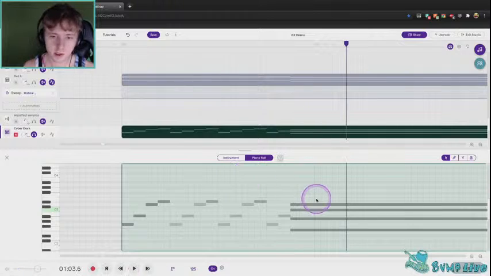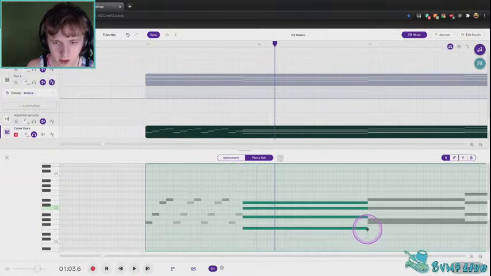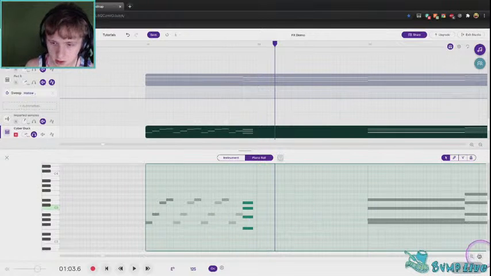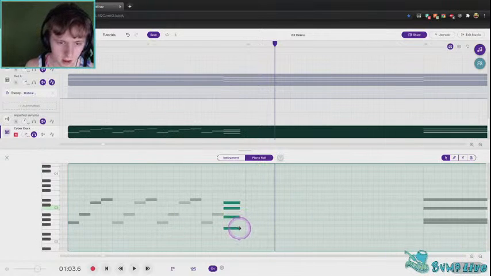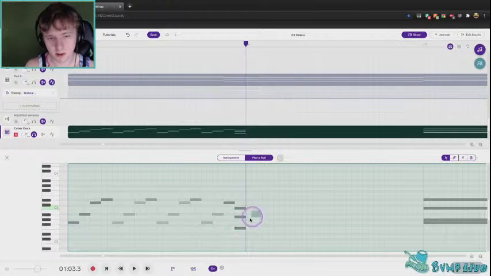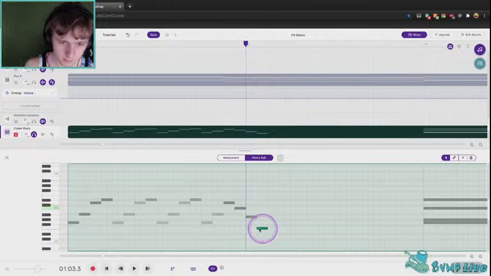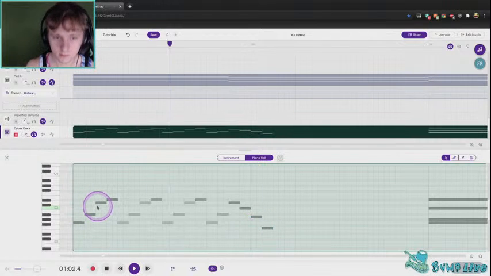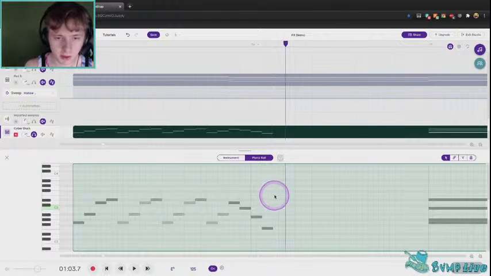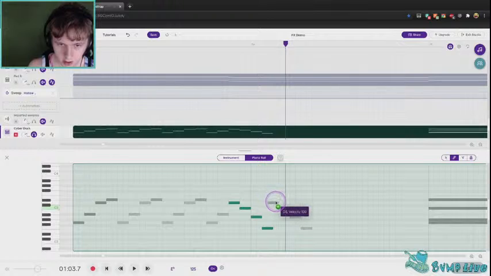So I'll do the same treatment to this one. But for this one, I'm actually going to try a different pattern. So I'm going to drag it down to a length of 2. And then I'm going to drag these 3 down. So instead of going up, I'm going to go down this time. And then we end up with that, and then I'll just take this repeating figure of 4,